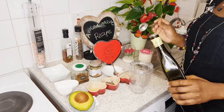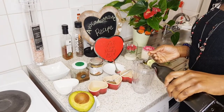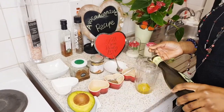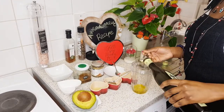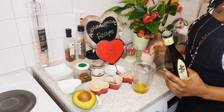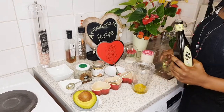I'm using 3 tablespoons of olive oil. You can reduce this or increase it. And this is extra virgin olive oil, so it's another genius food. I told you this year I'll be bringing you a lot of healthy recipes. So this is 3 tablespoons. Like I said, you can reduce it if you don't want it too oily, but because olive oil is healthy,